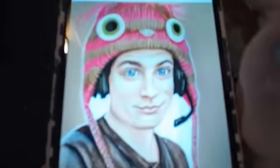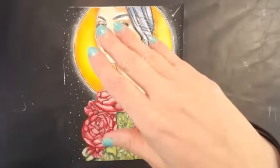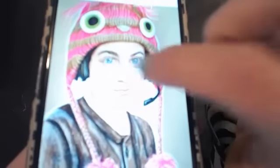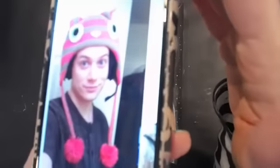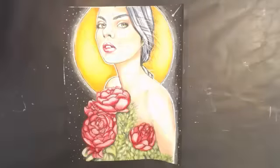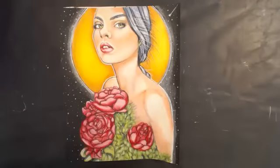So I've shown y'all this drawing before. Let's see if I can do it, because the camera does not like my phone. It'll work on the iPad, but it does not like my phone. So here's the drawing of the kid, the kid that I drew from right there. I know it's going to keep flashing out. I drew him, and then I upload the picture on top of his original photograph. So it's mostly just portraits, but every now and then they'll have these challenges like the coloring book